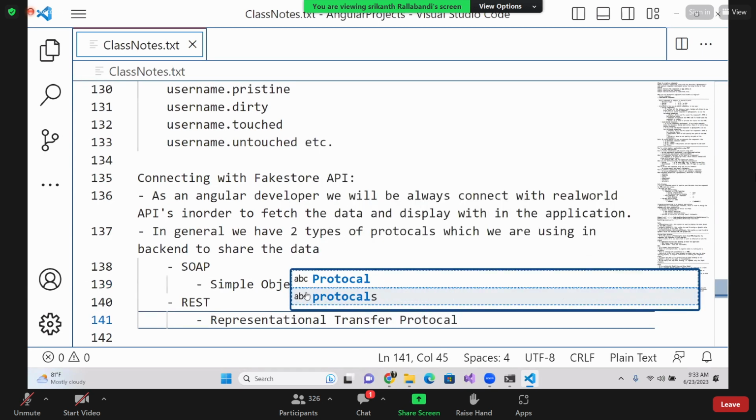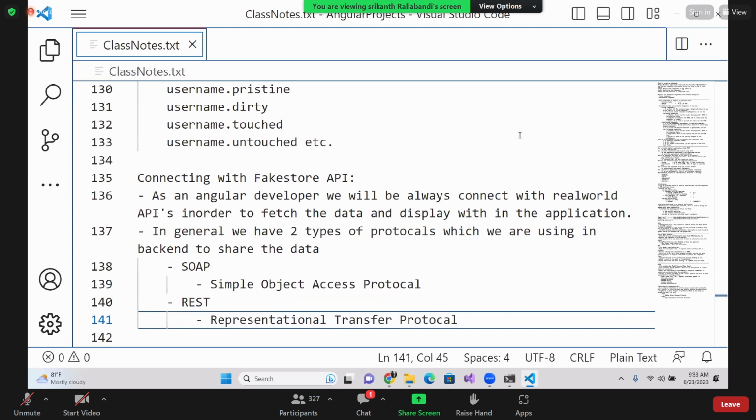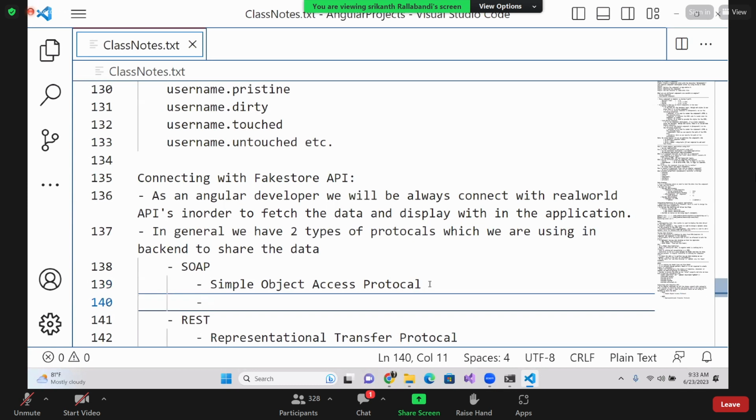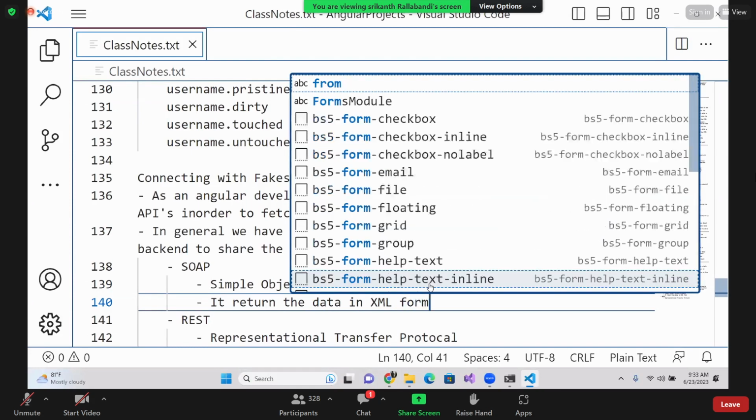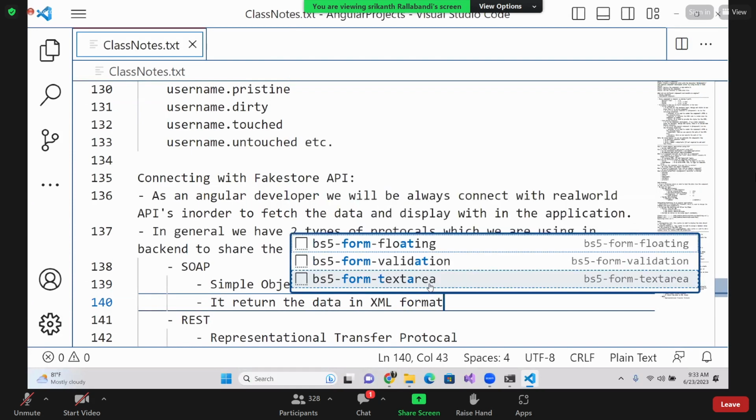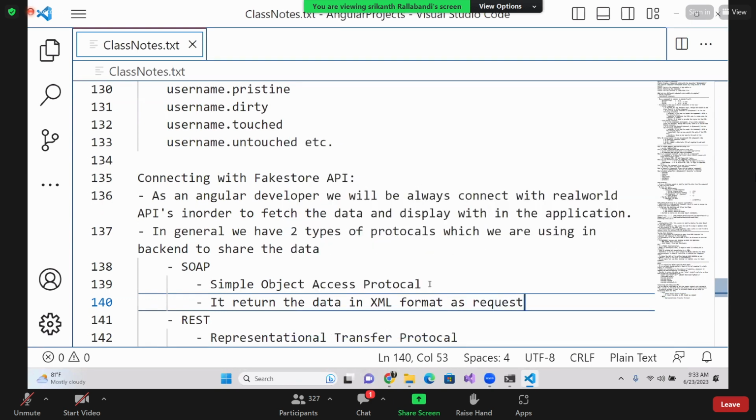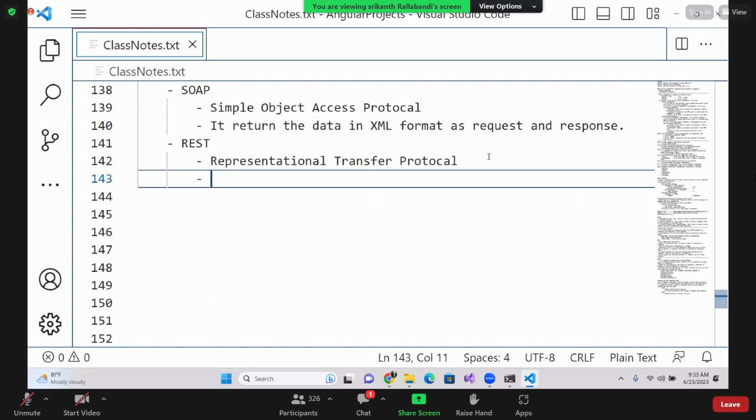State transfer. SOAP stands for Simple Object Access Protocol, and REST stands for Representational State Transfer. SOAP will return the data in XML format, as request and response. That means the request is of type XML and the response is also of type XML. Now REST, it returns the data in the form of